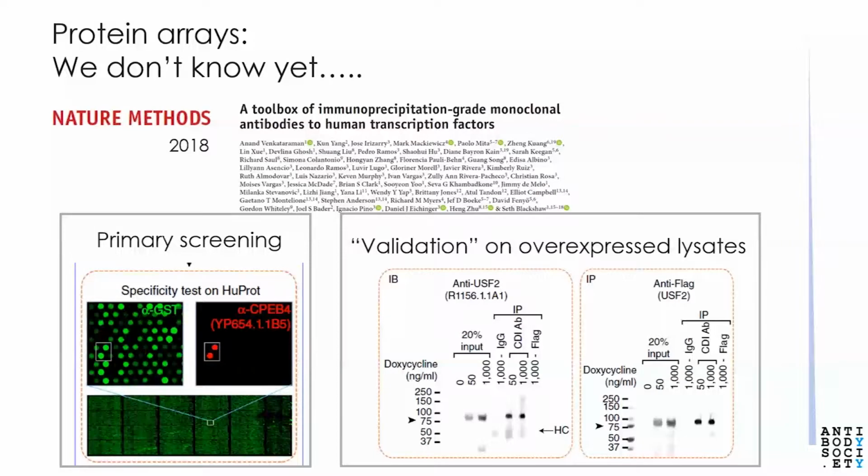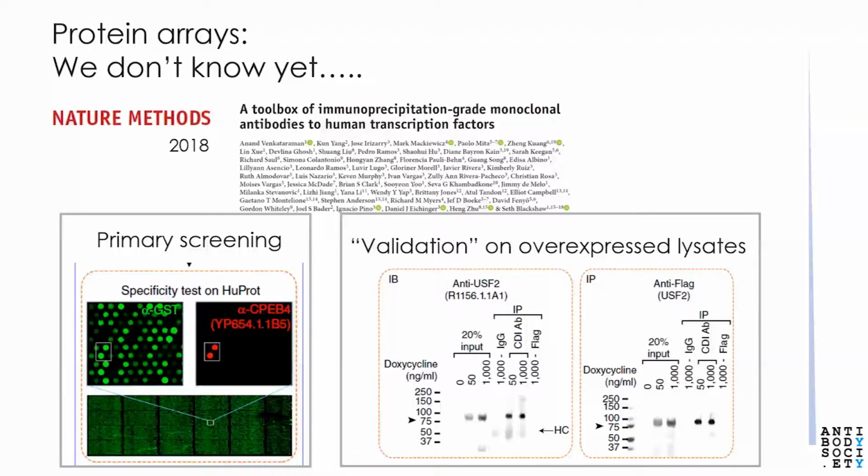Protein arrays should in principle be the ideal tool to assess antibody specificity, because you can probe an antibody against the entire proteome in one assay. Yet, protein arrays are controversial. In a study published in 2018 in Nature Methods, protein arrays were used to identify antibodies in primary screening that were monospecific for human transcription factors. The antibodies were then tested in immunoprecipitation and Western blotting. And the conclusion was that most of the antibodies that were monospecific on the primary screening on the arrays were also good in